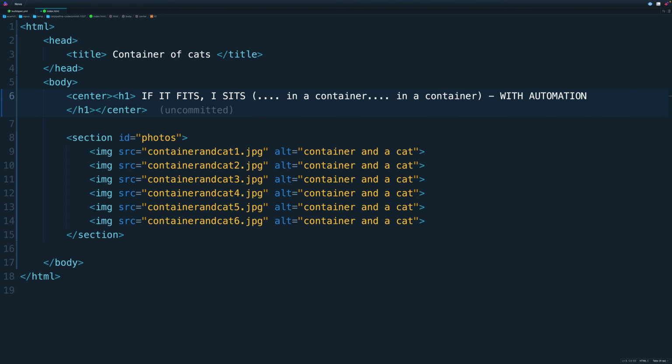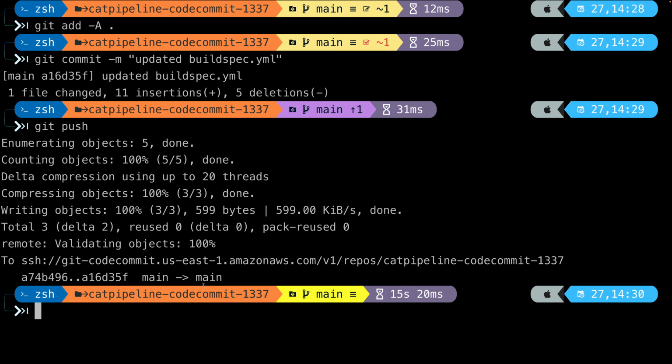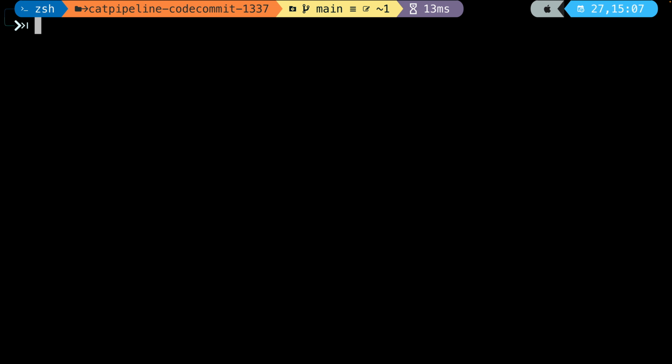So we're editing this index.html file so that when we save it and commit it, we can see whether this has been updated when we refresh the page that's open to our containerized application. So this should be a fully automated process. Once this is saved and committed, our application should be updated. So let's save this file, move to our terminal, clear the screen to make it easier to see, and then